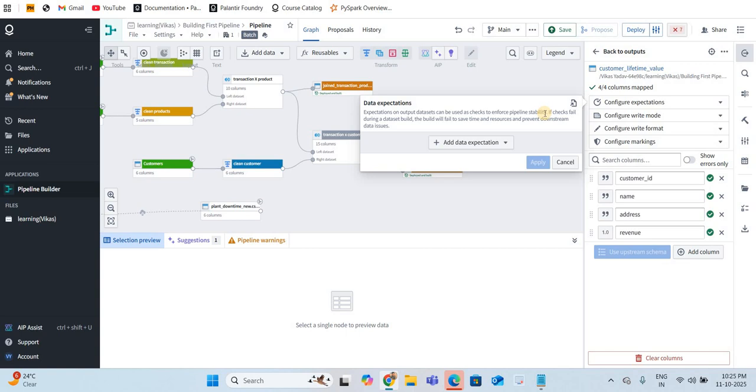If we do not put the primary key here as a data expectation, then while indexing, and this is a very important topic from the interview perspective as well,